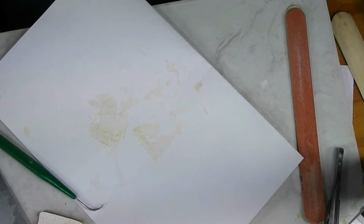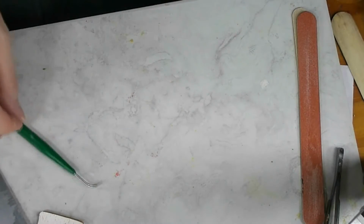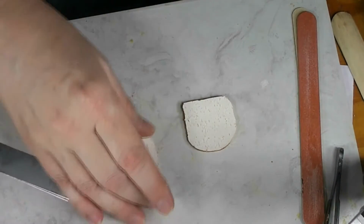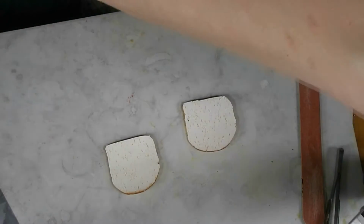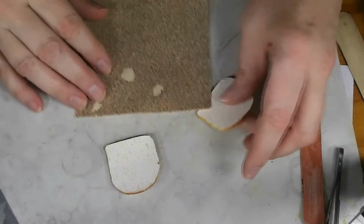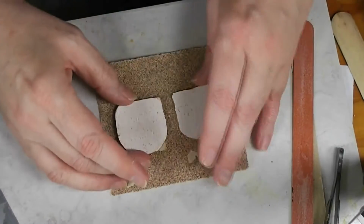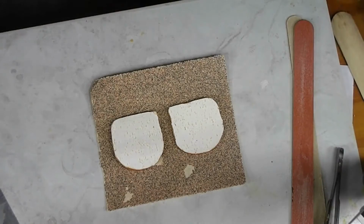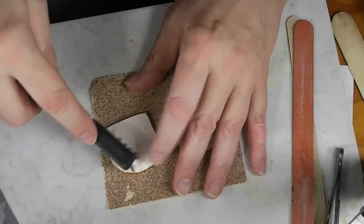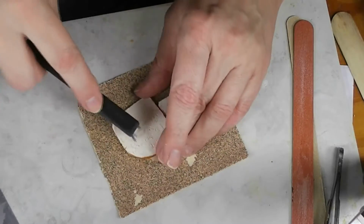Put this over to the side where it's in a safe place. Get this out of my way. Now, we're going to start out just like we did for the toast, just like we do for a lot of things. I have a clean piece of sandpaper here. And I'm going to put my bread like this, and I'm going to texture it. And this is pretty much the same texturing we've done for the slice of bread that we did a while back,